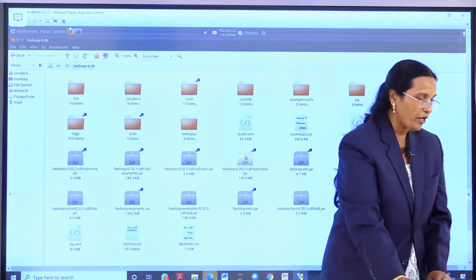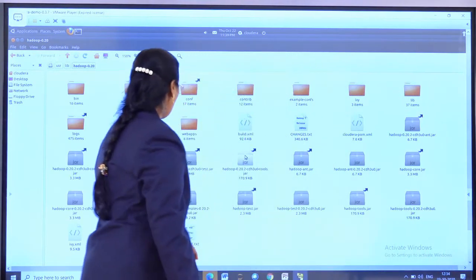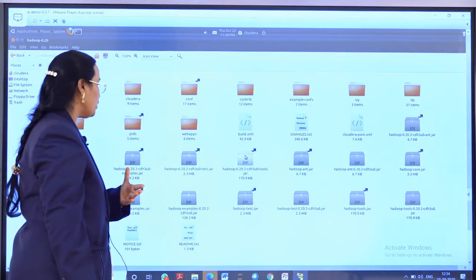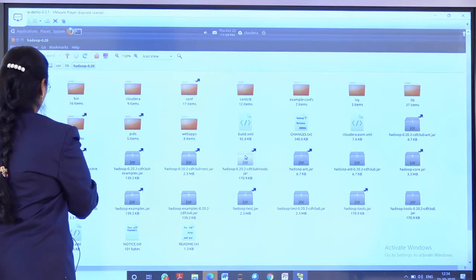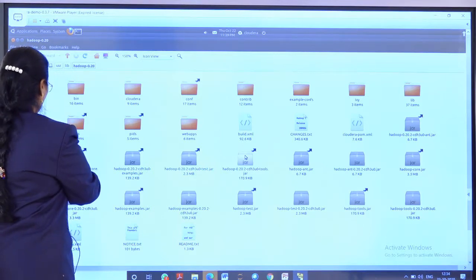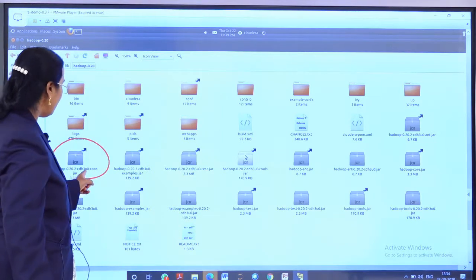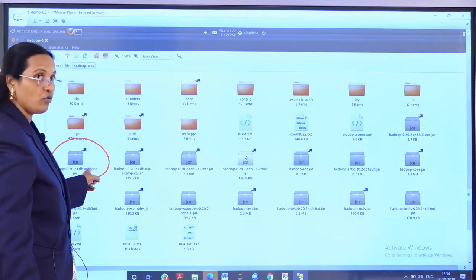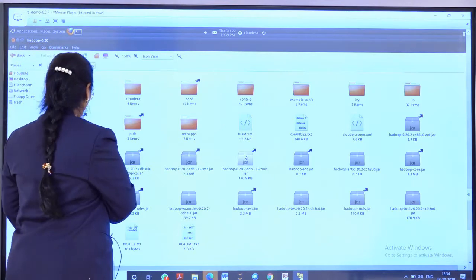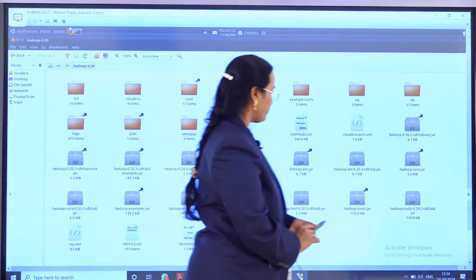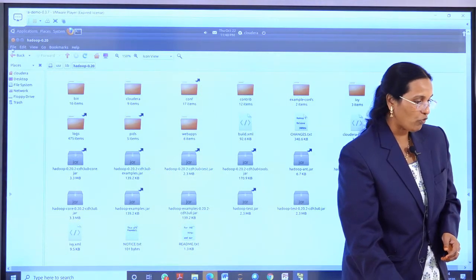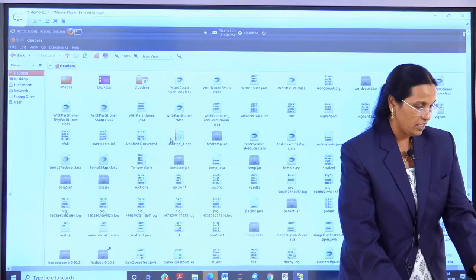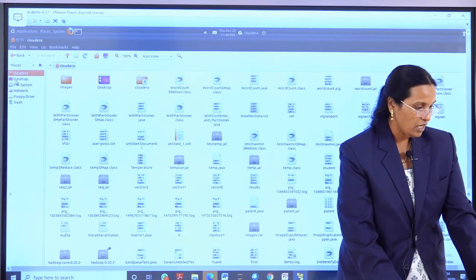In the Hadoop 0.20 folder, the jar file you are making use of is the Hadoop 0.20 cdh3u0 core jar file. I have copied this jar file into my current location, which is my working location.